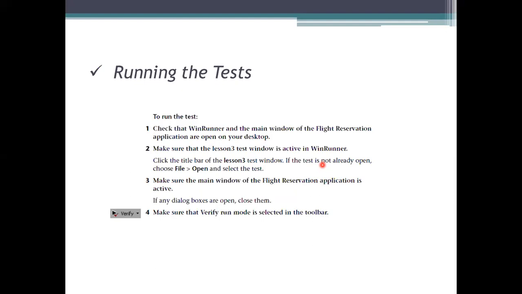Verify run mode means the behavior of this application has been recorded or tested, and the results that have been processed have to be saved. We take this to analyze further. Coming to the next one, debugging means we check whether it is executing without any errors or not. Verifying means the behavior will be verified, and debug means we see whether it is executed without errors or not.